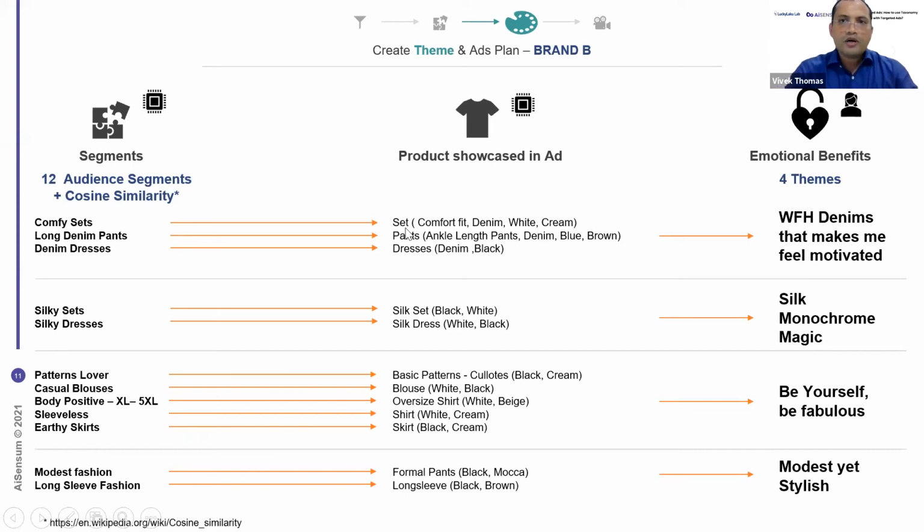Now, a creative director or a creative person can look at this and also look at the product, and they would be able to merge both the emotional aspects with the functional aspects, and you can take the third aspect, which is the audience. So if you've got all these three things, it's like a trifecta. It is the best combination that you can give to a digital marketing platform, and that will help you really accelerate your sales as you go forward. Sorry, I'm also looking at the time, right?